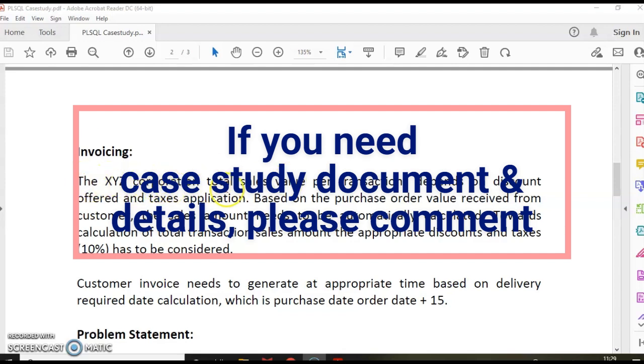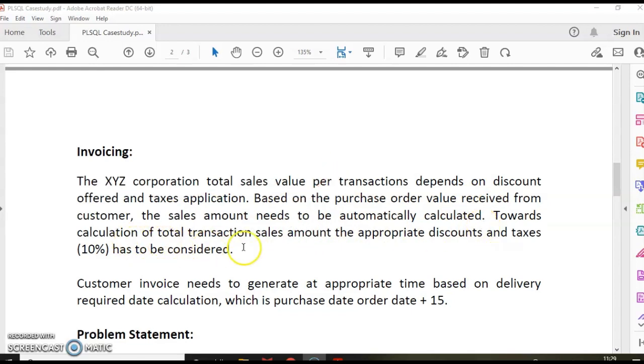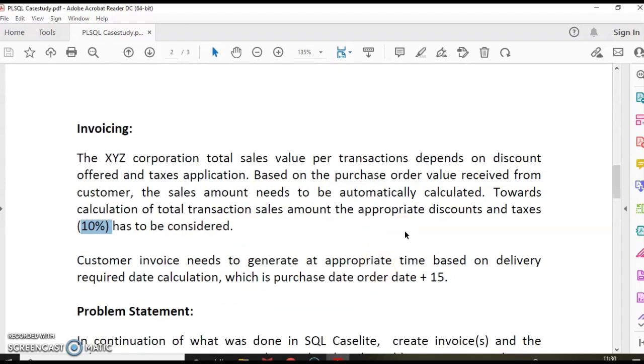So invoicing, the total sales per transaction, depends upon the discount offered and the application of taxes on that particular transaction. Based on the purchase order value received, the customer's total sales amount needs to be automatically calculated. The appropriate discount and taxes, 10% taxes, needs to be considered. So you need to have 10% tax and the discount that is already provided in the SQL. You can always refer to the SQL case study for the discount structure. Customer invoice needs to be generated at an appropriate